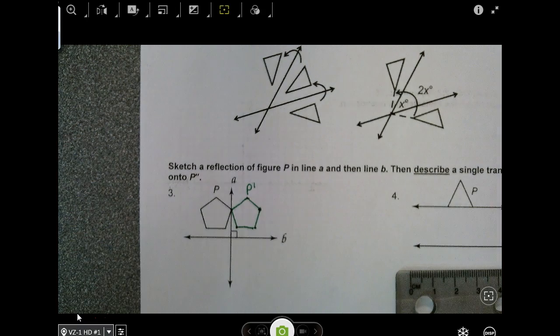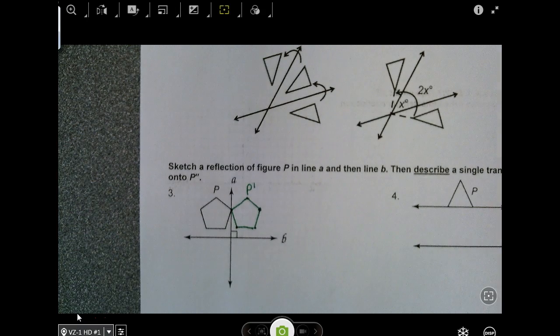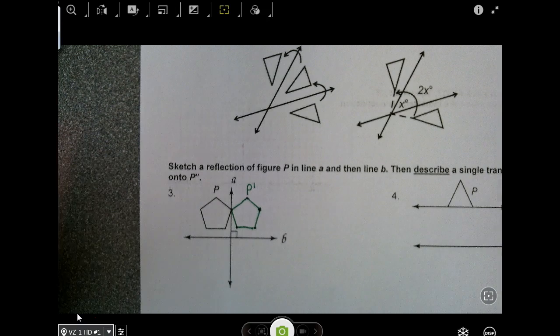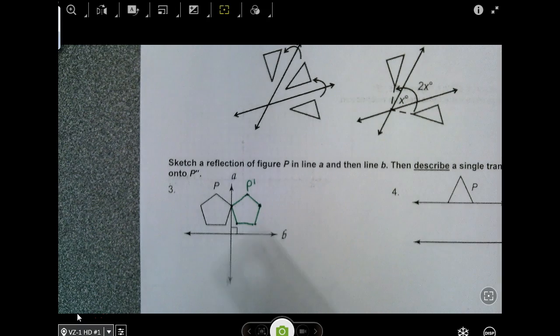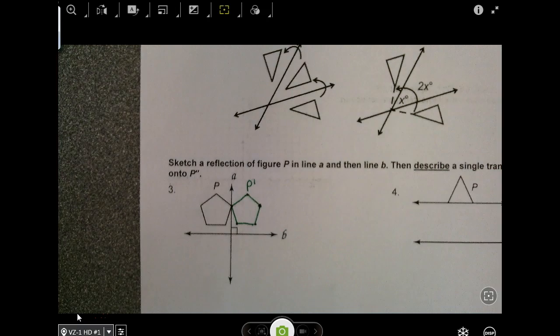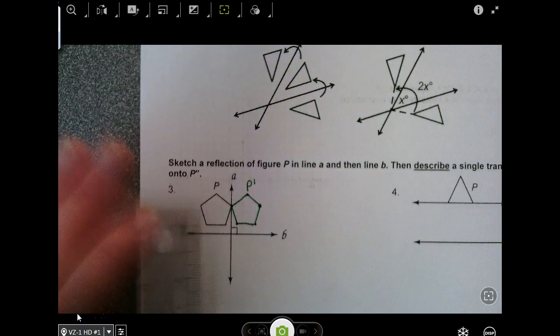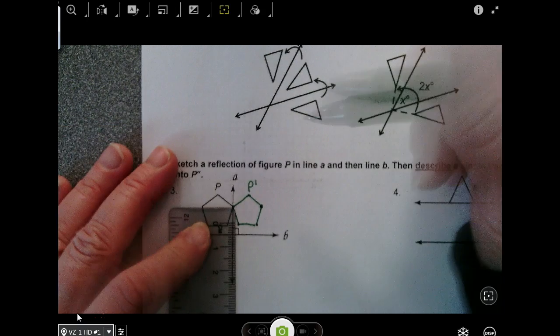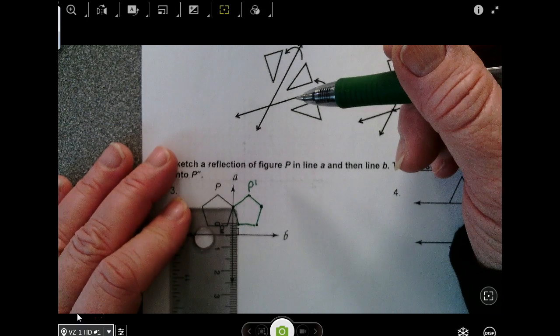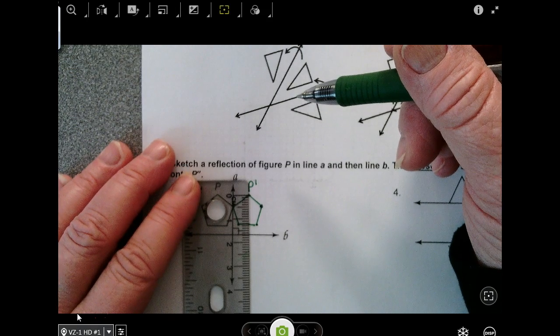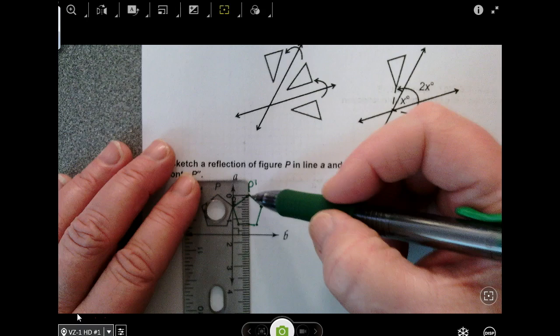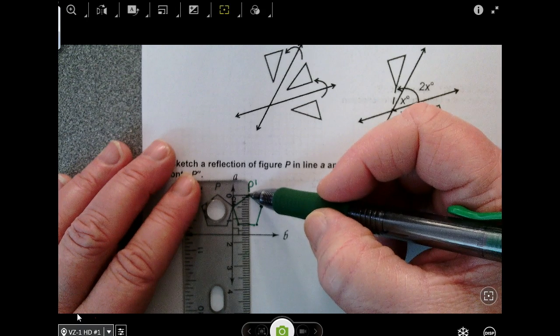Okay, and we're only going to do 2 of these physically like this. The rest of them we can just talk about what's going to happen. Okay, now I got to go over line B with the one I just made. So I'm going to hold my ruler this direction, vertically. I'm going to take point P across the line. So I'm seeing that P is above the line about